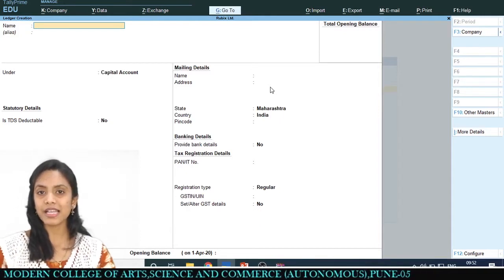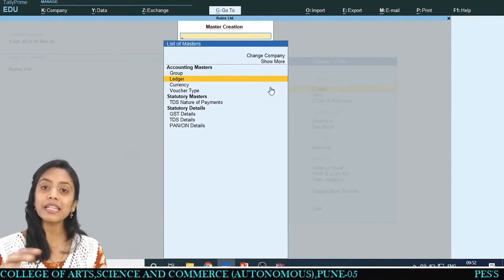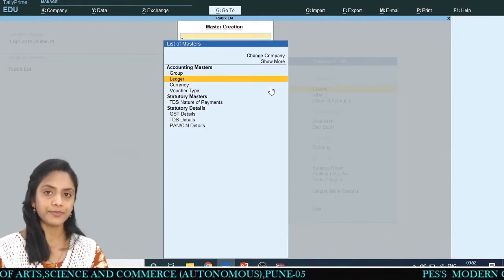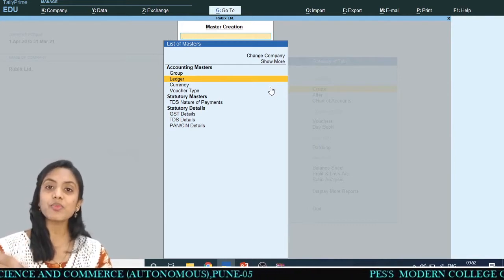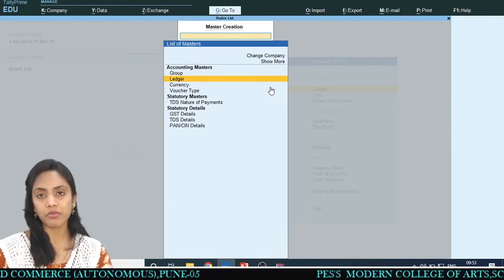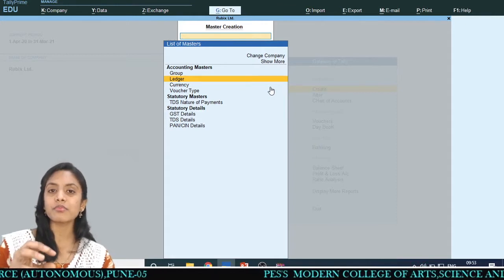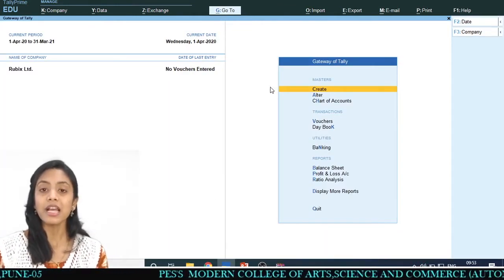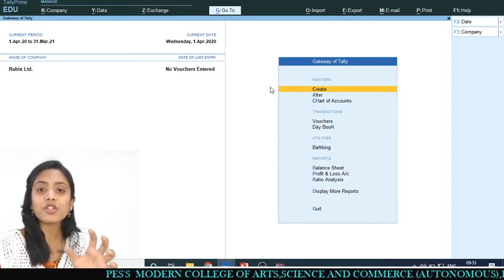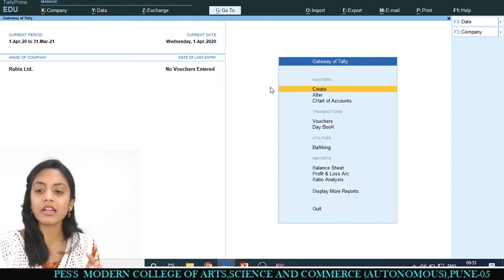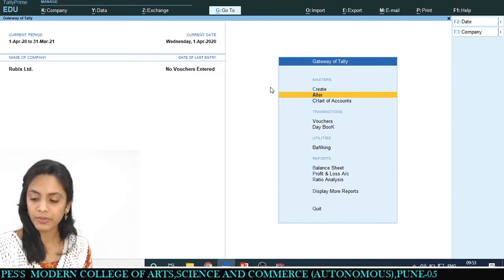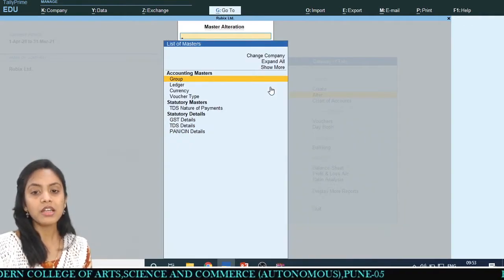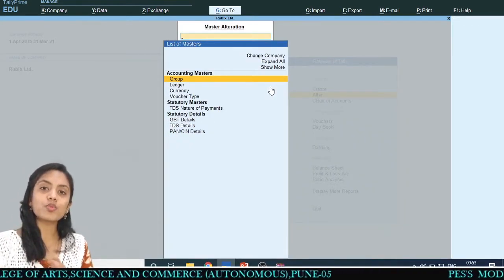Before creating these ledgers and groups, we will see how many ledgers by default are there. Okay, how many ledgers by default are there in a software? Means software gives us some ledgers by default. Okay, so we will see that, and for seeing how many ledgers and groups are there, I have to go to the alter option. I have to enter over here, and now I can see how many groups and ledgers are there.